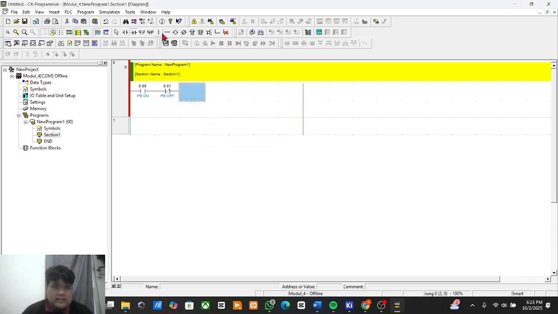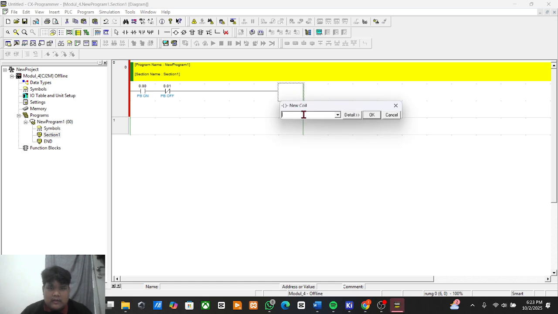Then next we get this new horizontal line, then a new coil, and the address is W0.00. This is for the system.